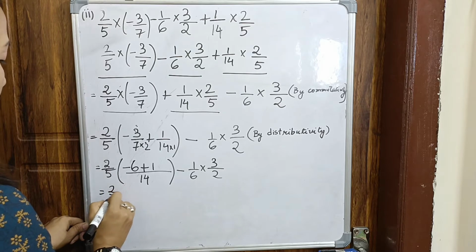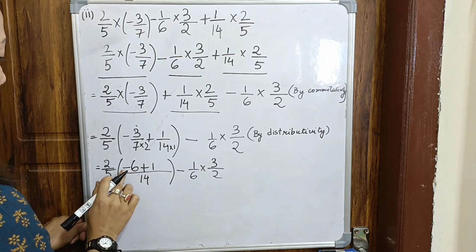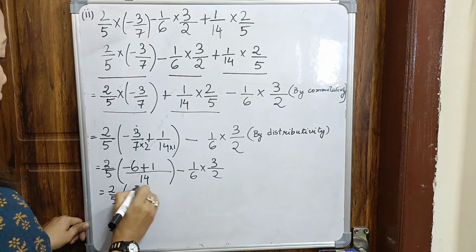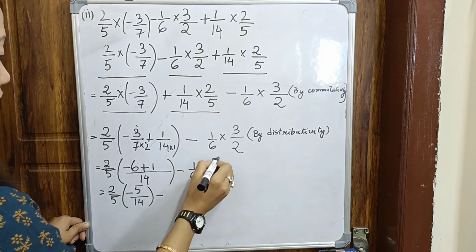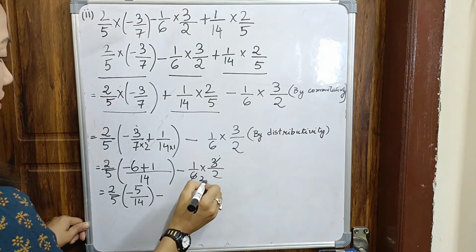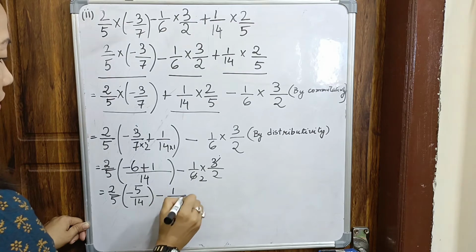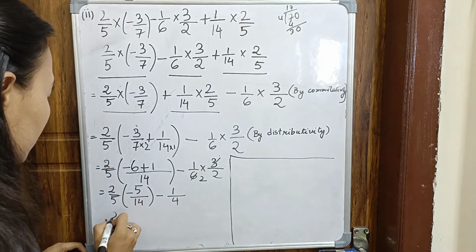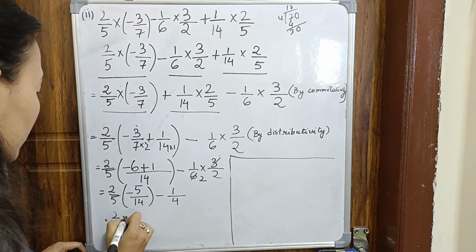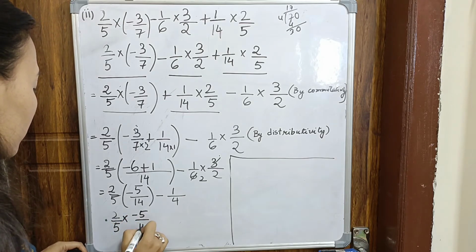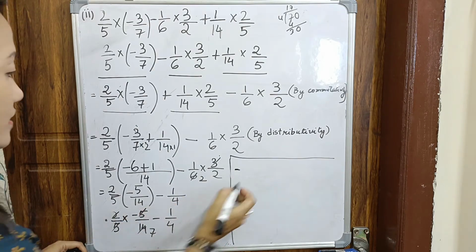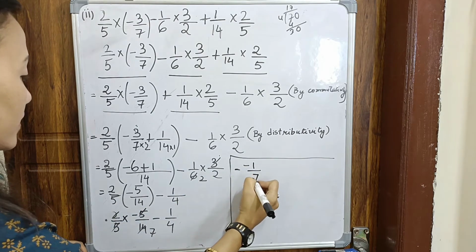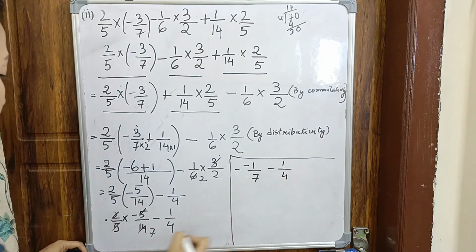Here we have 2 by 5 into 6 minus 6 plus 1 is minus 5, minus into plus is minus, by 14 minus this one we will see 3 1s are 3, 3 2s are 6. So it is 1 by 2 2s are 4. 2 by 5 into minus 5 by 14 minus 1 by 4. So 5 and 5, 2 7s are, equals to minus 1 by 7 minus 1 by 4 equals